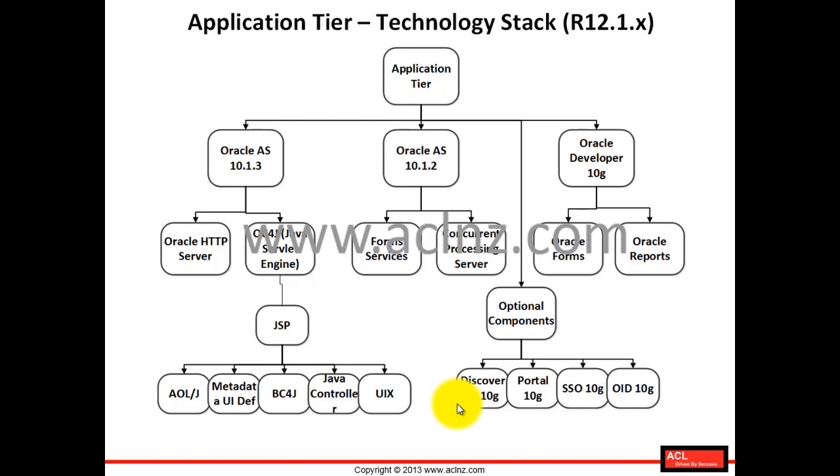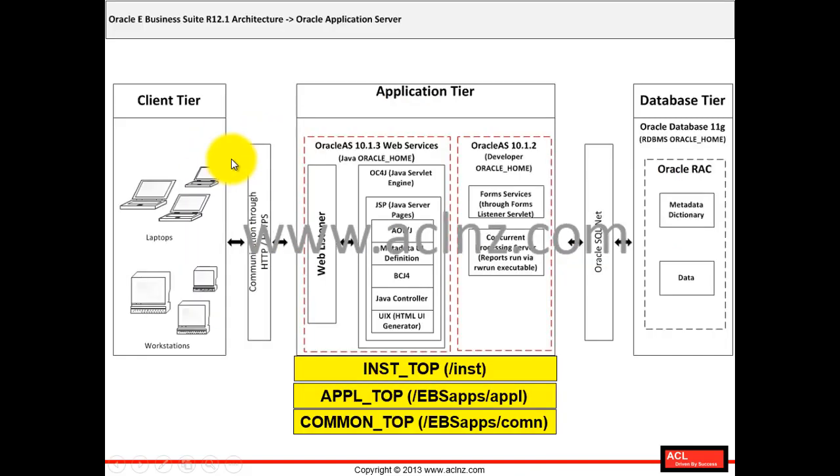They are all part of the application tier as part of the middleware solution. Then, as you can see, what is described here is Oracle Application Server 10.1.3 for web services, and Oracle Application Server 10.1.2. But this architecture has changed in release 12.2, which I'm going to explain in